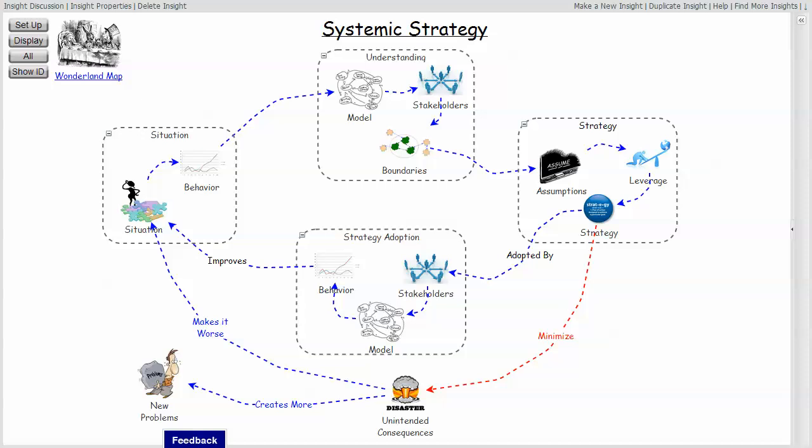So developing the strategy and implementing it is not the end, it's actually the beginning. When you plant the garden, if you actually want it to grow and develop and produce a good crop, planting the garden is not the last step. You in fact have to tend the garden along the way. You have to water it, you have to pull the weeds, you have to keep the animals out of it so they don't eat your crop.